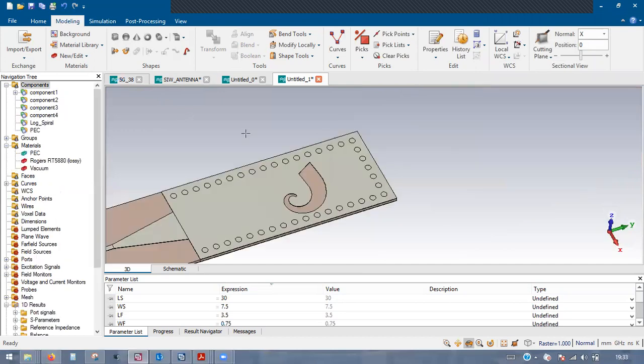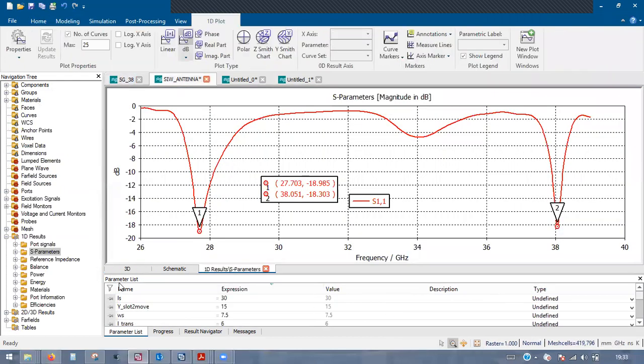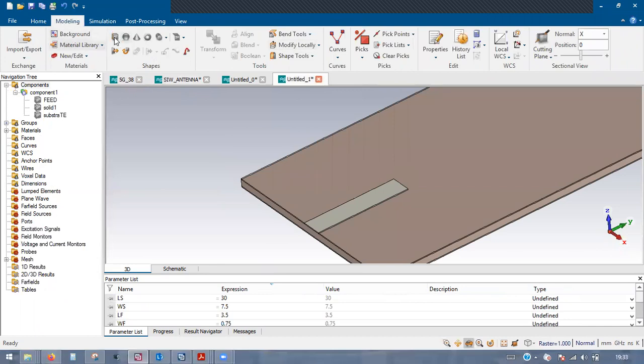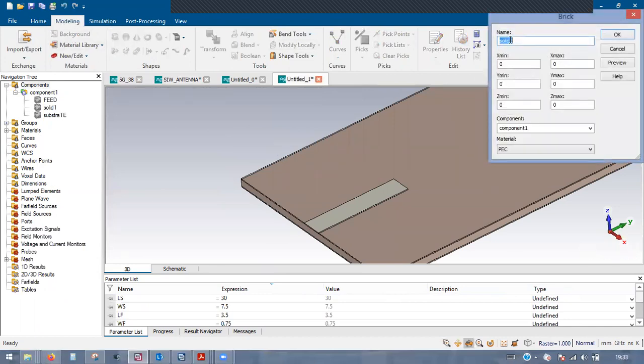Now if you see here, it is started from here, a rectangular block. So that we have to design now. For that, you can bring a brick here, which will be the SIW base. Width will be again the same. Width is not changed, right? So the width of the patch is also the same. Length is not starting from 0.